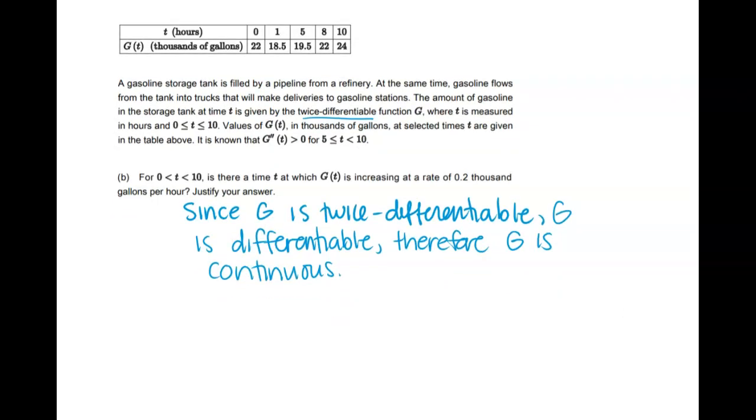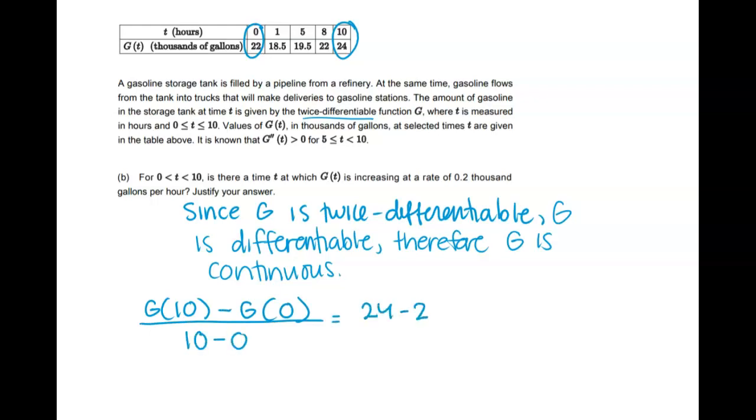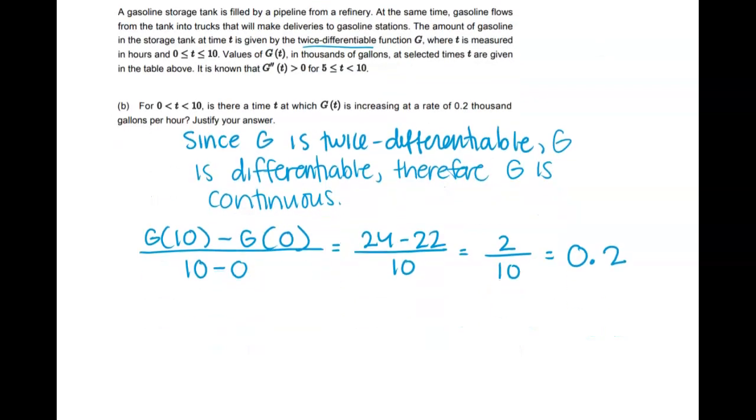So we'll look at the average rate of change from 0 to 10. So we'll look at these 2 points from the table. So the average rate of change will be g of 10 minus g of 0 over 10 minus 0, which is 24 minus 22 over 10, which is 2 over 10, or 0.2. And we're looking at, is there a time at which g of t is increasing at a rate of 0.2 thousand gallons per hour? And essentially, by MVT,